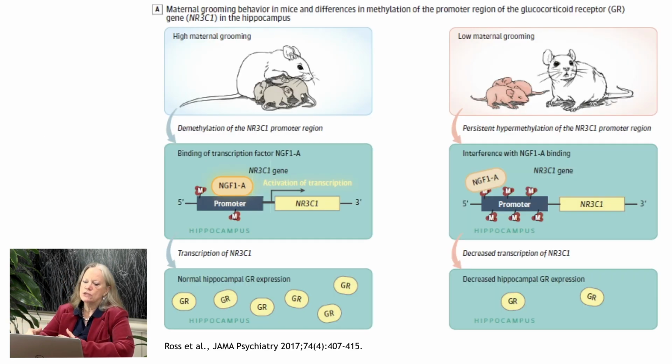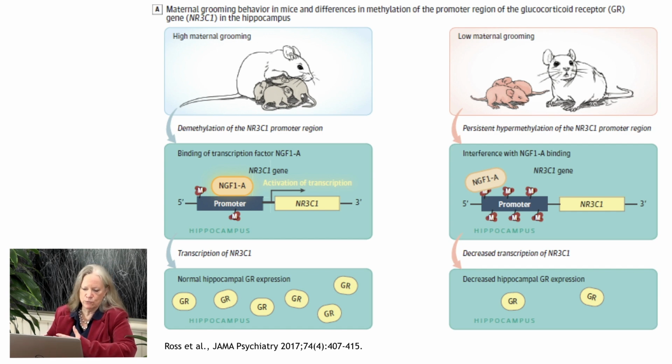So when we look at this, these show a line of rodents that are bred for high levels of maternal grooming. This shows a line of rodents bred for low levels of maternal grooming. So these individuals are otherwise the same, except they don't groom their babies as much. They're fed the same, they're kept the same. And what ends up happening in the promoter region of the gene that you want to transcribe, and you want to transcribe this gene because it's going to make glucocorticoid receptors for you. In the promoter region, which is where CREB would do much of its activity, in the hippocampus, you tend to have these